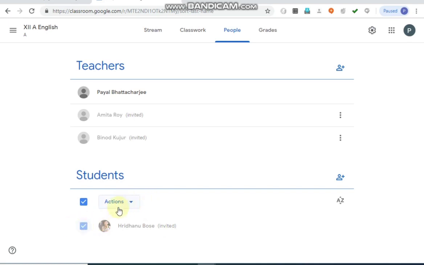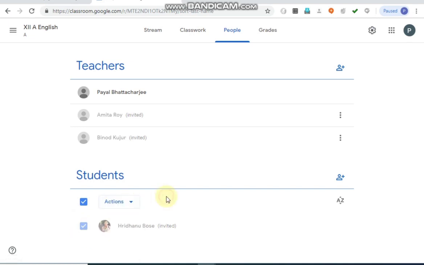Okay, so I have one student over here, and suppose you want to delete this particular student, you select that student like this, select the student. I have selected actions, remove. At any time you can remove. Or if you want to email particular student, you can click email and you can send email to that particular student or multiple students. You have to choose accordingly from the class. Suppose there are 5 weak students in your class, you just click on those 5 students and then actions and then email.